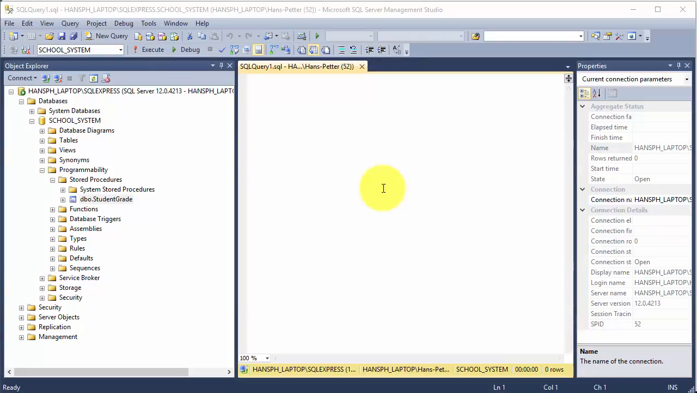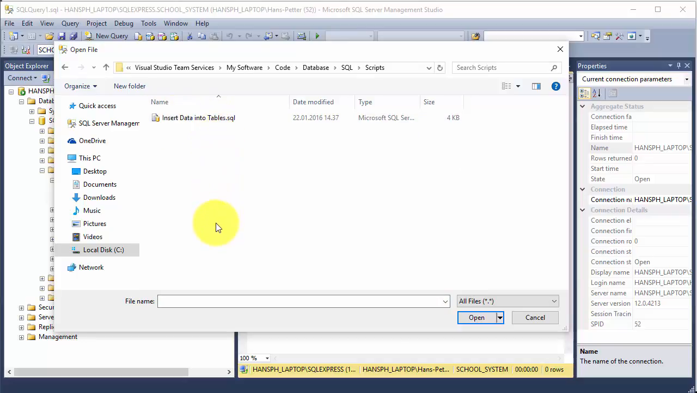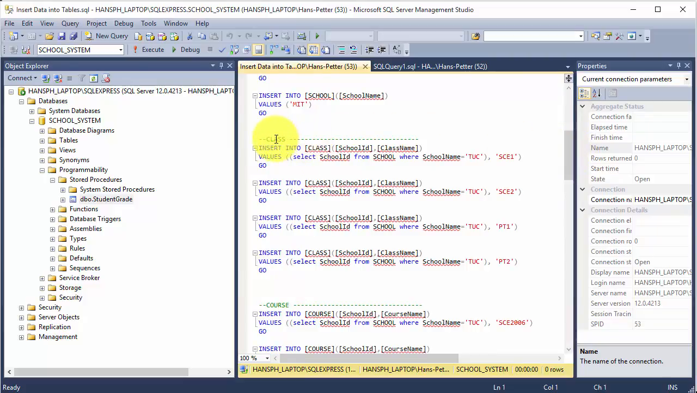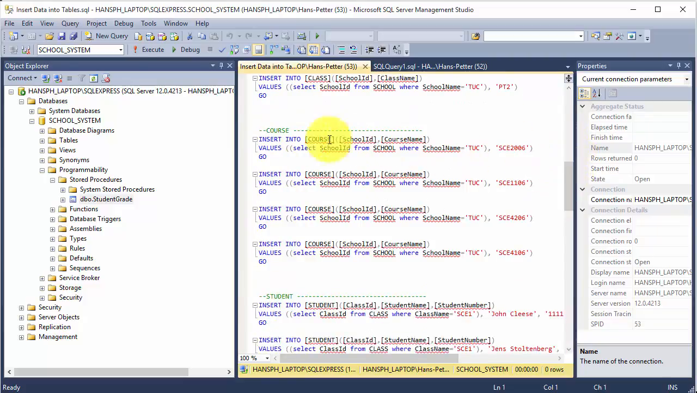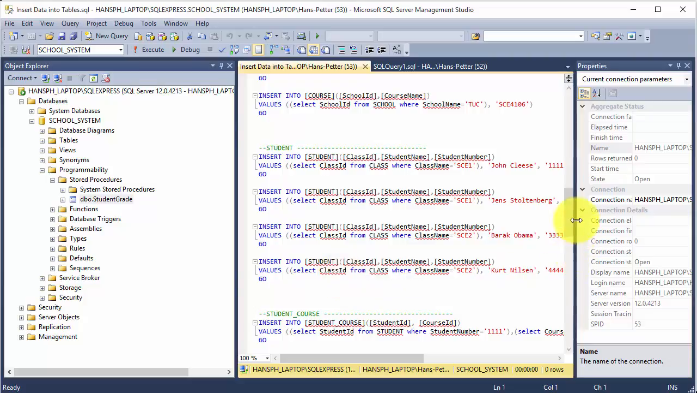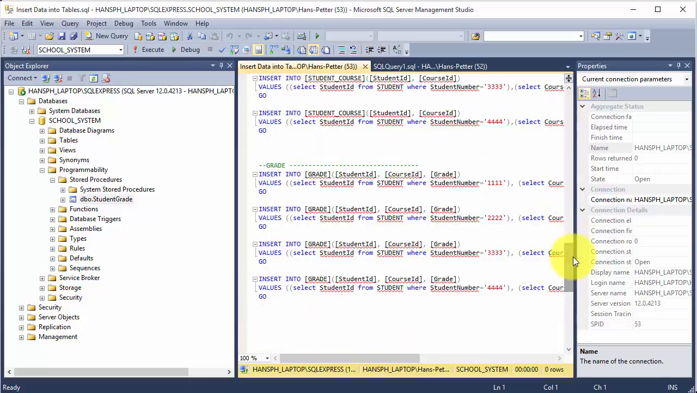So we are back in SQL Server. I have already made some scripts, so I just open it. In my SQL folder I have a folder called scripts, and inside there I can have multiple scripts. In this case I have only one script, so let's just open it. You see I insert some data into the school table. I insert some classes. I insert some courses, and also insert some test students, and also link the student and the course, and also insert some grades like this. So let's just run this script